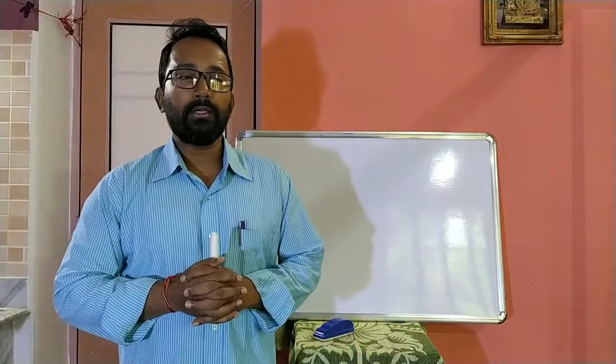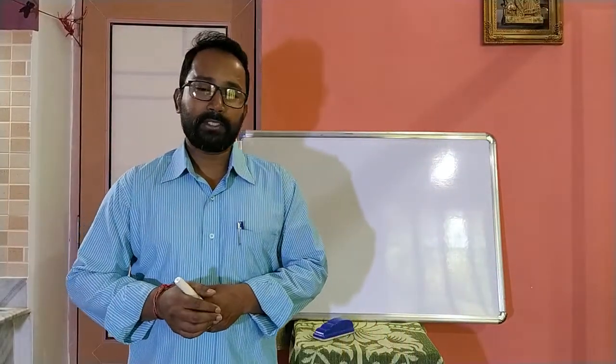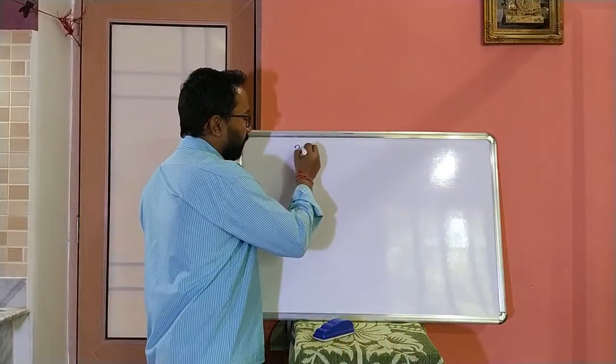In today's class we will revise number conversions, binary to decimal and decimal to binary conversions. So let's start. In our syllabus we will only learn the conversion from binary to decimal and decimal to binary. So first we will learn decimal to binary conversion. Take any decimal number, 37.